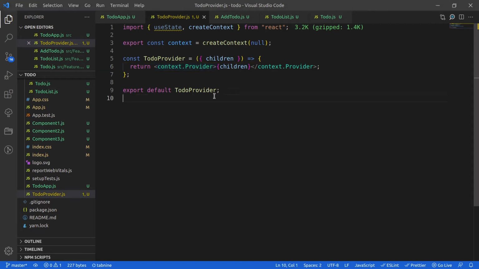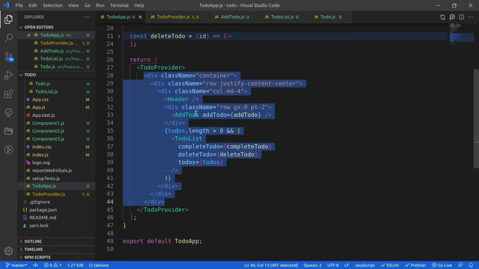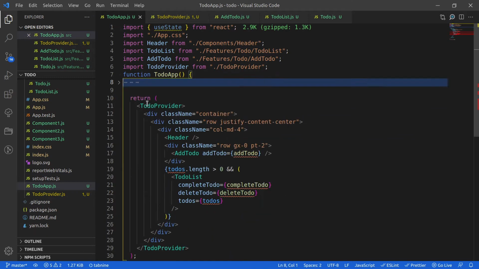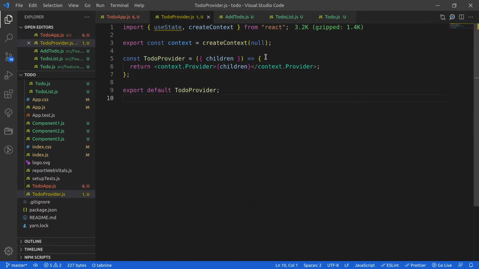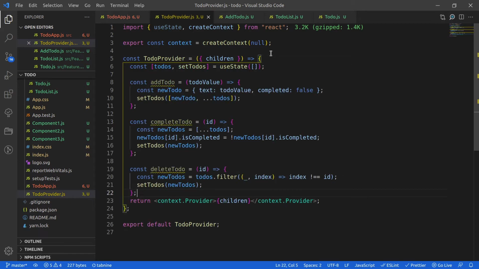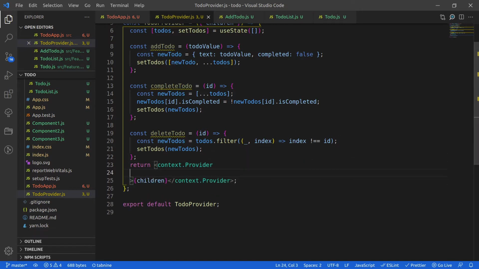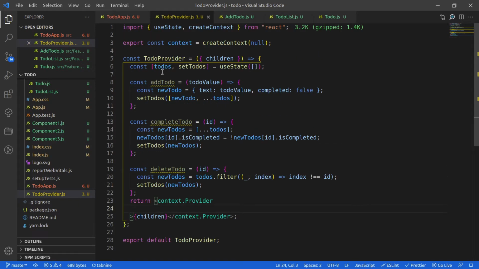So guys, now my agenda is I'm going to take this whole logic, the whole business logic, to this provider. All right. So in order to do this, let's remove this code, Control X, and then use it inside this. Okay. And now I am actually going to pass the values from here. So you can see that all the to-dos will be passed from here. All these methods will also be passed from here.